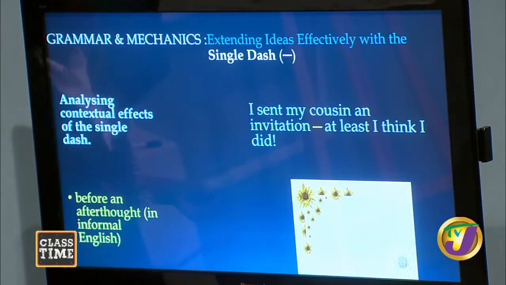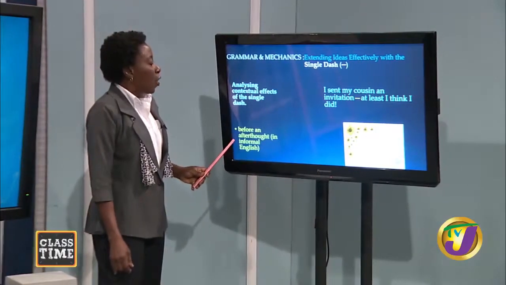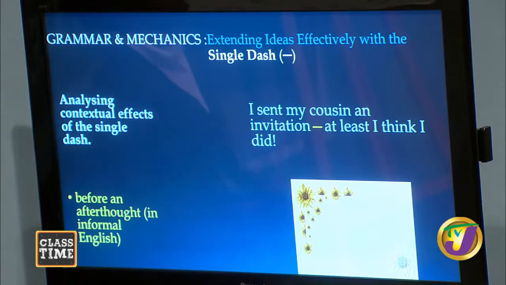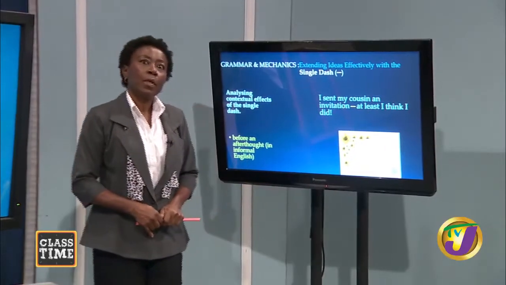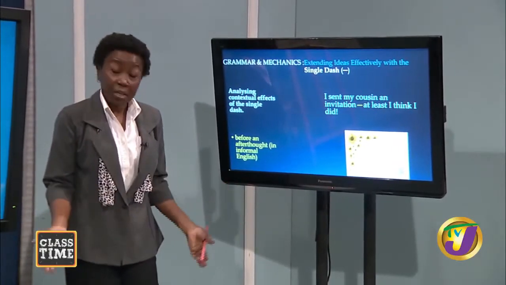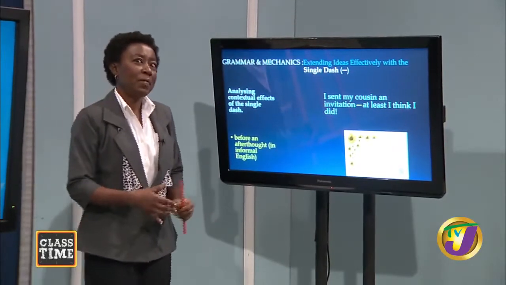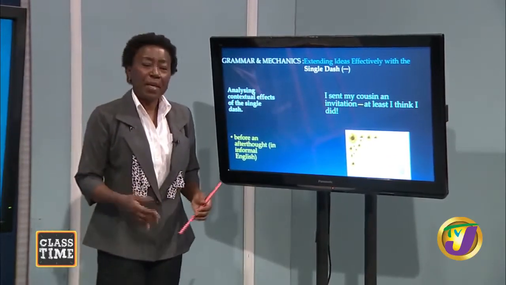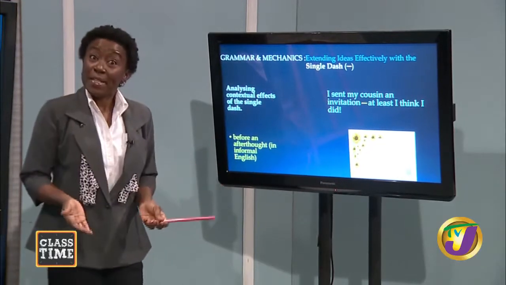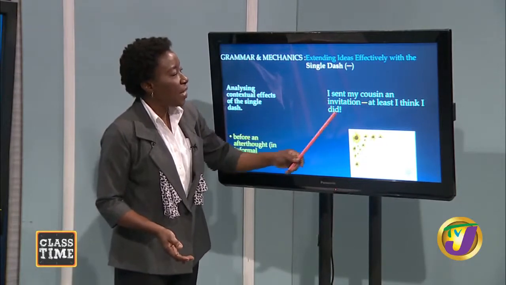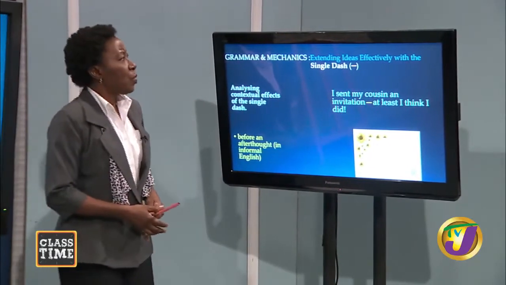We can use the single dash in our writing before and after thought in informal English. So, you can be speaking to your friend. You do not have to be formal all the time. Formality has its occasion. Okay, then? You don't have to be stiff with your friends. Okay? So, you are speaking and someone makes a comment and you reply, I sent my cousin an invitation. At least I think I did. Okay? So,